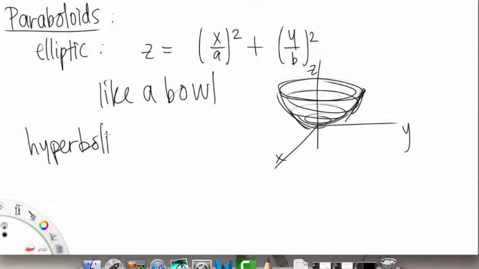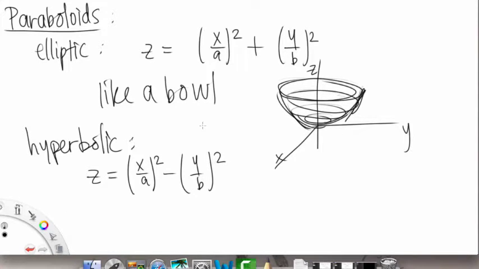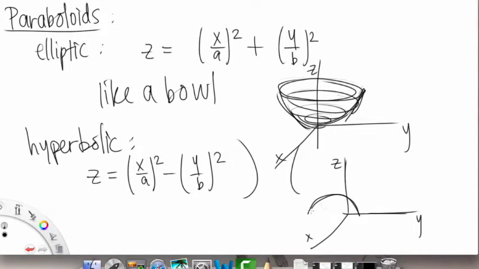Hyperbolic. Okay, so this one is kind of like the opposite of an ellipse, right? The formula is z equals x squared over a squared minus y squared over b squared. When you have something like that, you have hyperbolas, which look a little bit like that. So our graph will actually resemble something sort of like that. And this one's actually a little bit difficult to depict. It's harder than the bowl anyways,